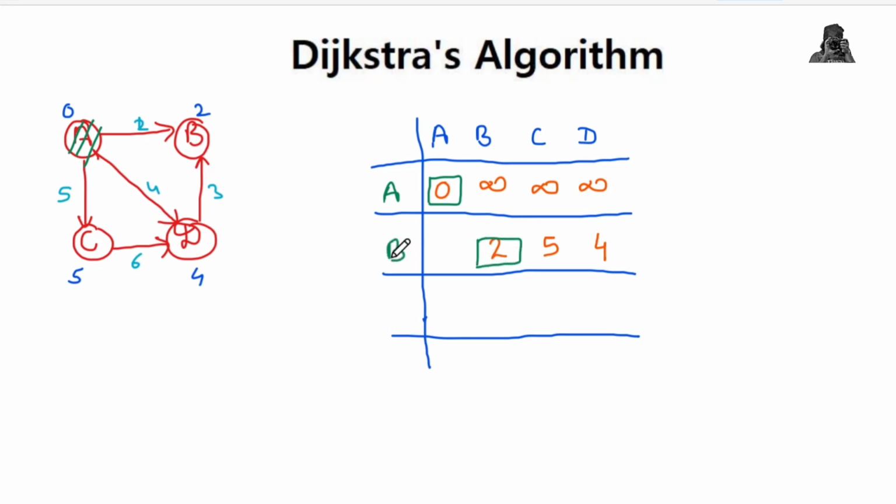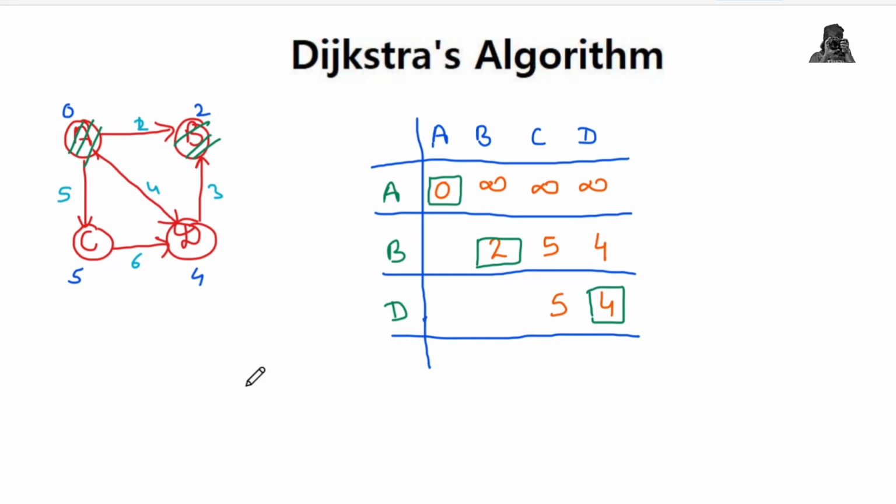So here B will be selected. Now considering B, we need to again check for other distances. Now we can see that from B, there is no direct connection to any other vertex because this is a directed graph. So we can't update the values from this. So B will be visited, and other distances will remain the same. So now B has been visited already. So we will select the lowest out of these. So obviously 4 is lowest. So here D is selected.